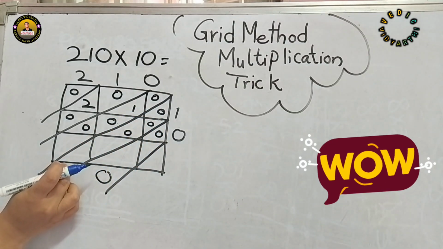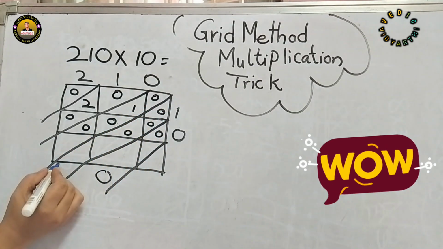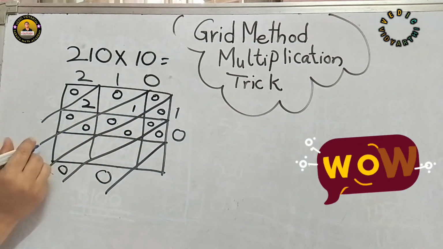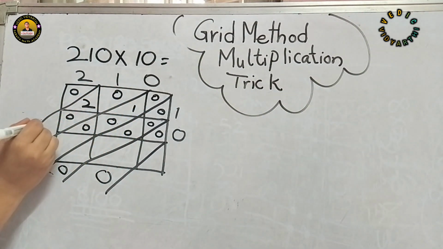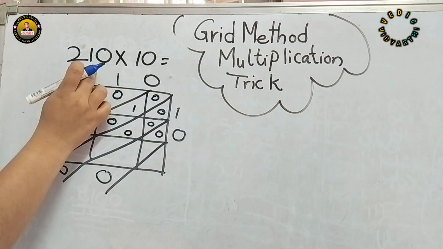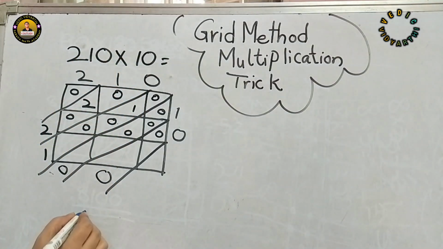In this box also, we got 0. And here we got 1. And here we got 2. So when you multiply 210 with 10, we will get